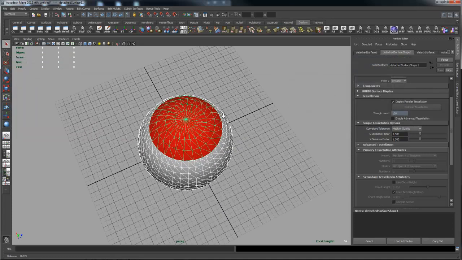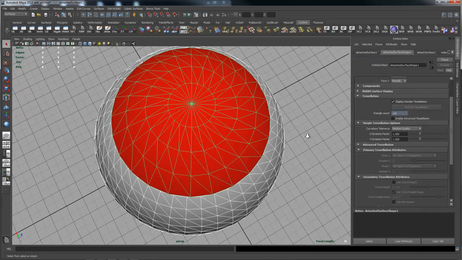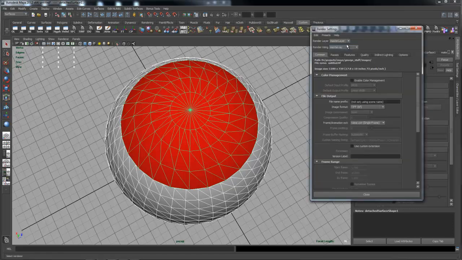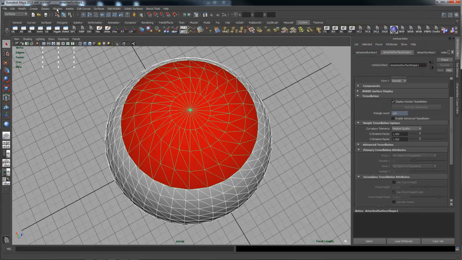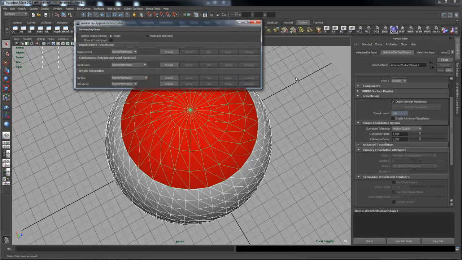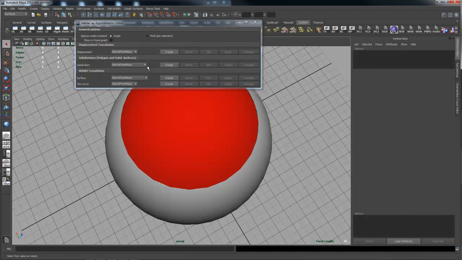mental ray editor is I have a method where I can adjust this tessellation at render time based on camera distance. And the way that you do that is you open up something called the approximation editor. First of all, you have to make sure that you're using mental ray as your renderer. Go to render globals and make sure you're using mental ray. Set up all the settings that you normally set up in the globals, and then come up here to Windows, Rendering Editors, Mental Ray, and pick Approximation Editor. Now with this surface selected,